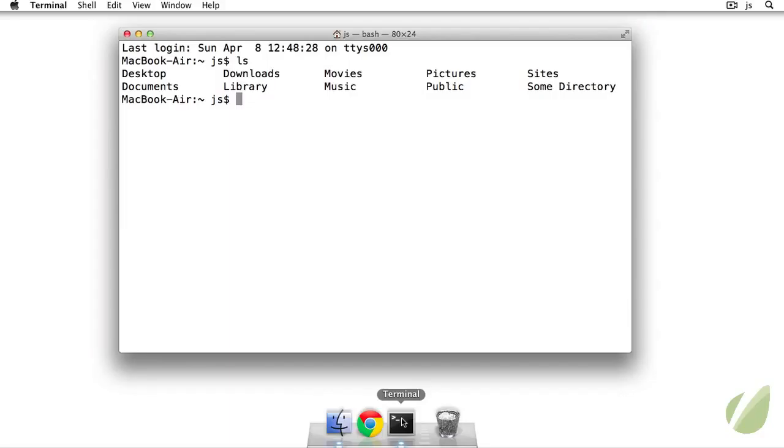We can see that we're in our home directory by typing pwd, so print out our working directory, and it'll show I'm in my /users/js, which is of course my home folder. We can also use ls with an argument, so we can list the contents of a directory. So for this one, I'll just do ls documents, which will show me all of the contents of my documents